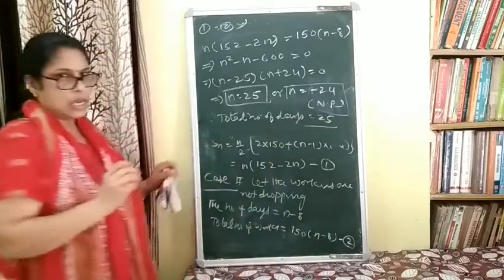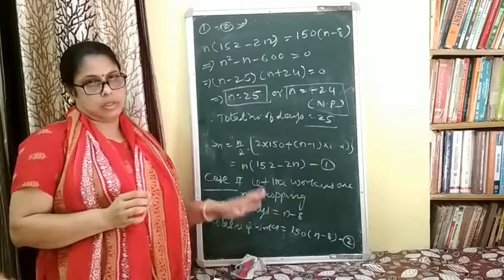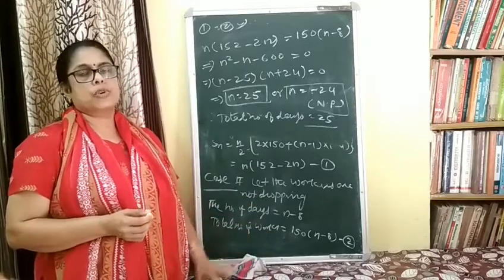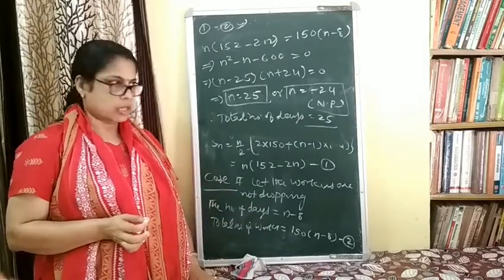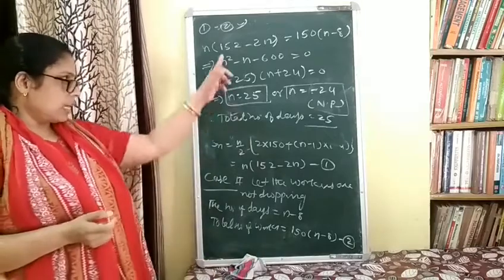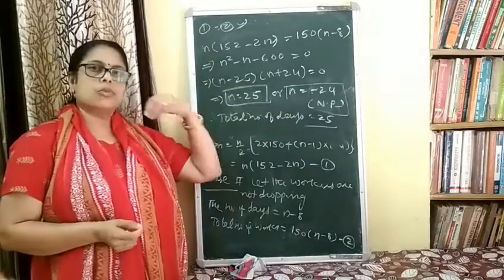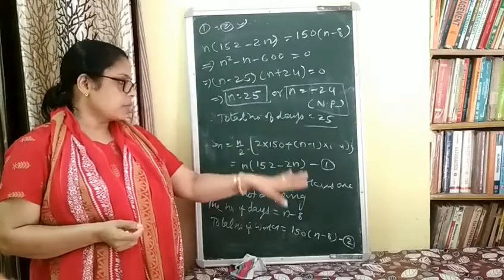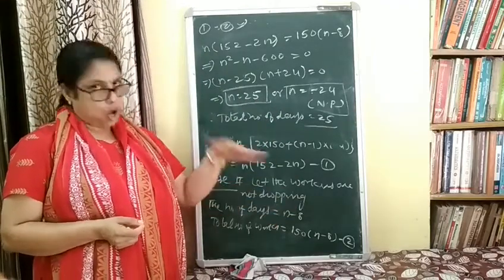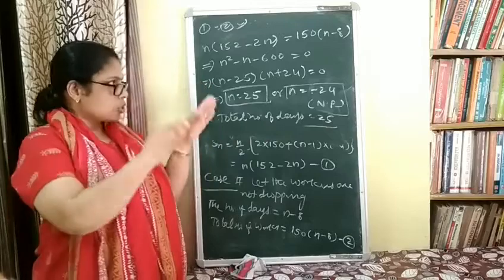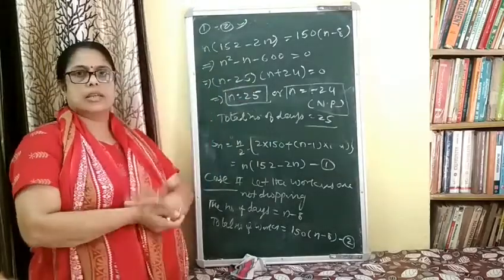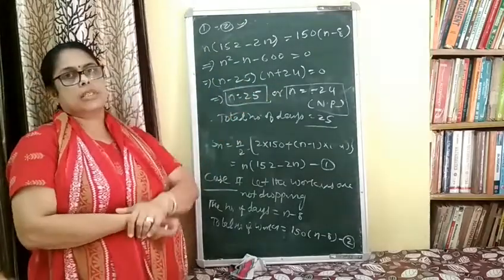This question is a little bit difficult. This type of question you have to expect in the examination. And again I am recalling: one case हमने ये ले लिया जहाँ workers drop नहीं हो रहा है. Next case हमने ले लिया जहाँ workers drop हो रहा है. दोनों से टोटल नंबर ऑफ वर्कर्स को इक्वेट किया, क्वाड्रेटिक इक्वेशन बना, उसमें से n निकाला. इस क्वेश्चन को एक और मेथड से कर सकते हैं.